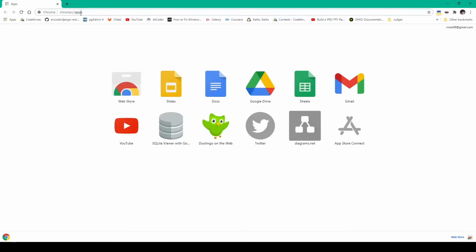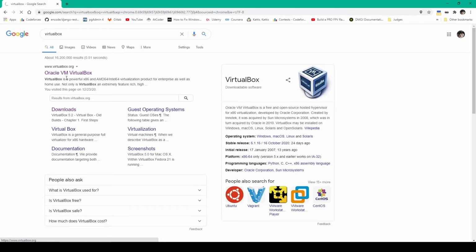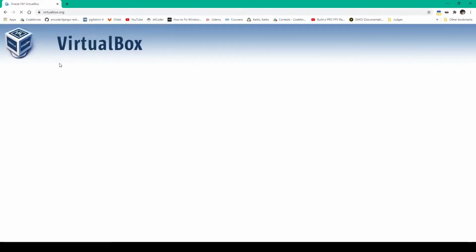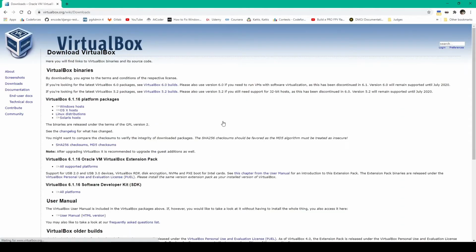The third scenario is you will get blue page, like Windows blue page error, and your computer crash. In this case, you will need to update the VirtualBox and the vagrant both. So for updating the VirtualBox, you will need to go to virtualbox.org and download the VirtualBox for your OS, Windows,